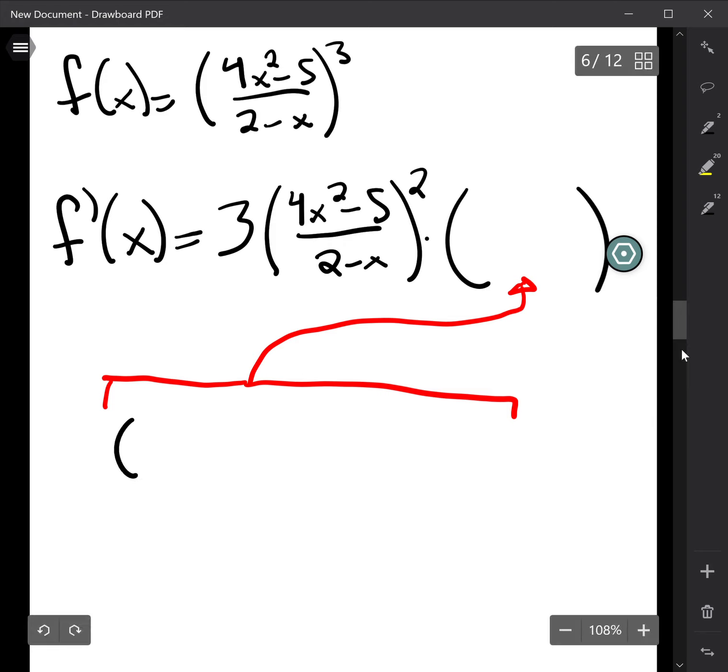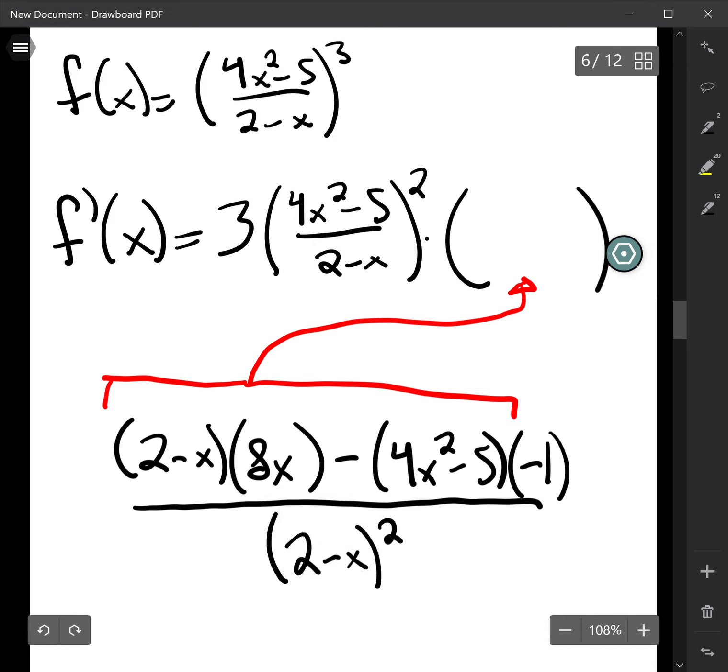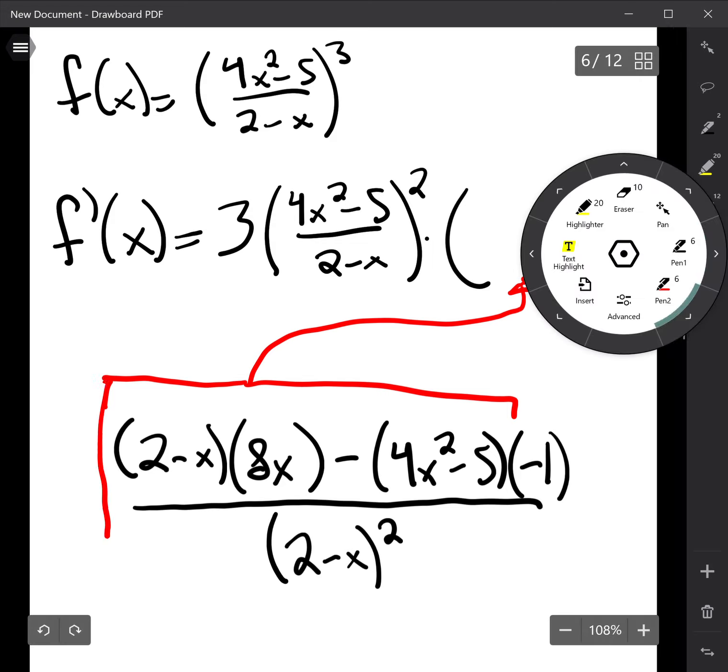So that's just low, 2 minus x, times d high. The derivative of 4x squared is 8x. The derivative of negative 5 is 0, doesn't have a dance partner. So we got low d high minus high, 4x squared minus 5, times d low. The derivative of 2 is 0, but the derivative of negative x is negative 1. All over the square of what's below, 2 minus x squared. So ultimately, if you just kind of copy paste this fraction right here into that parenthesis, bam,